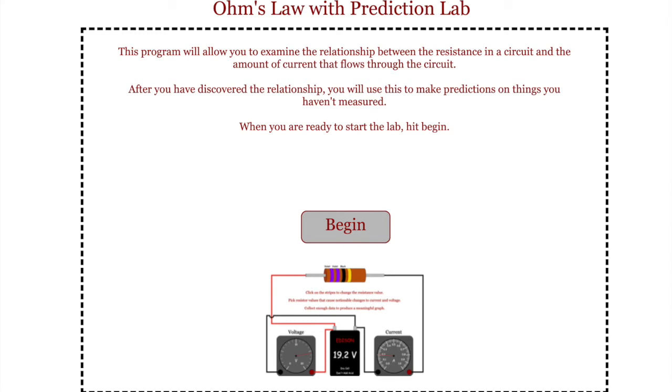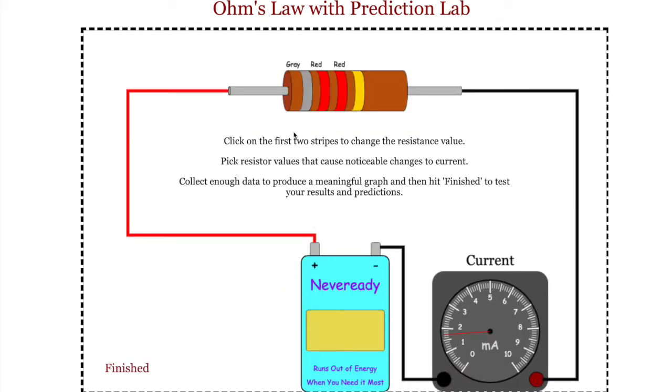Here is a quick overview of how you could have your students use the Ohm's Law with Prediction Lab. When they open up the program, they will have a resistor where they will be able to change the resistance by clicking on the different stripes. They will get a current reading coming out of the battery, and this is an idealized battery where the voltage